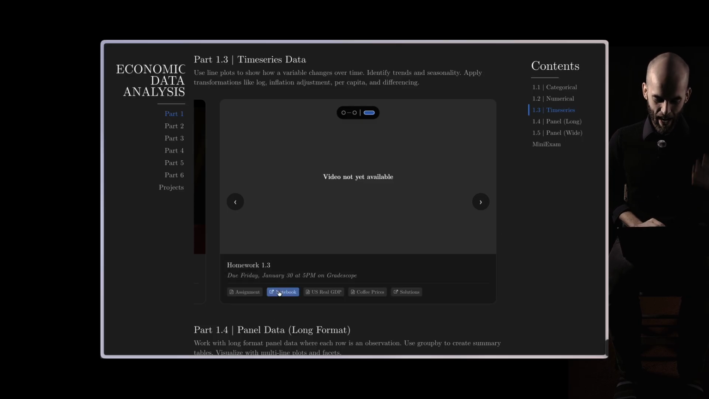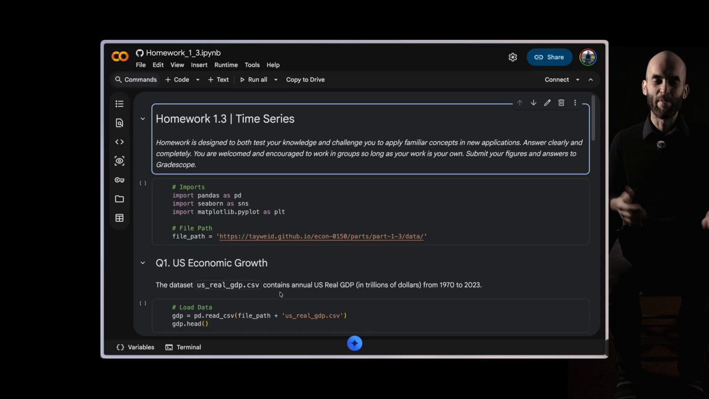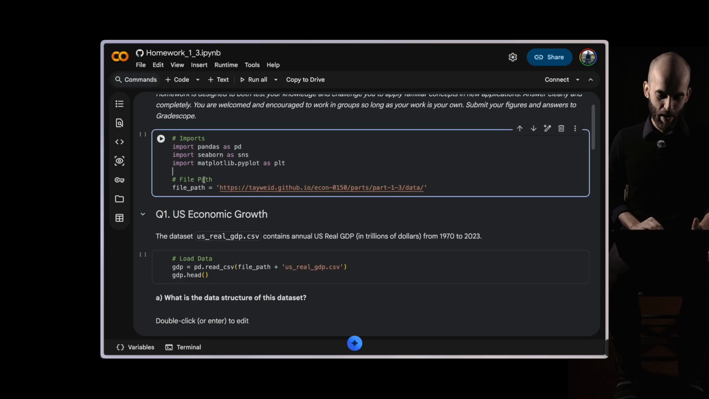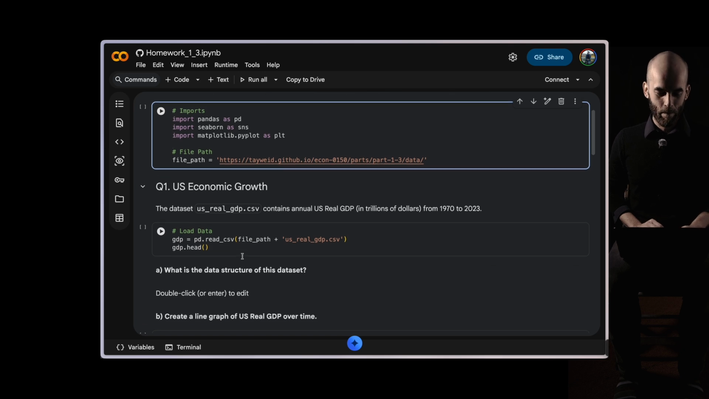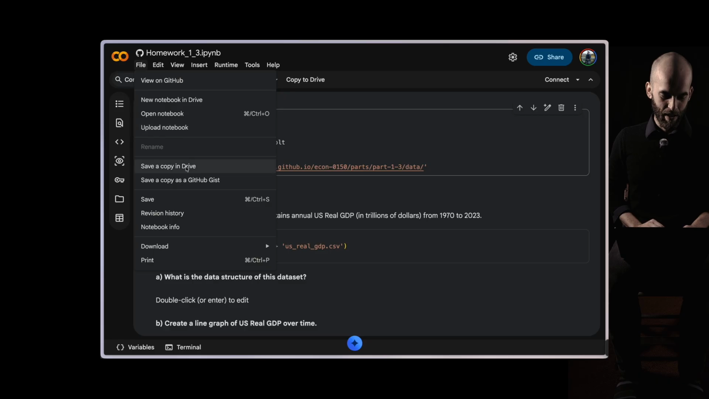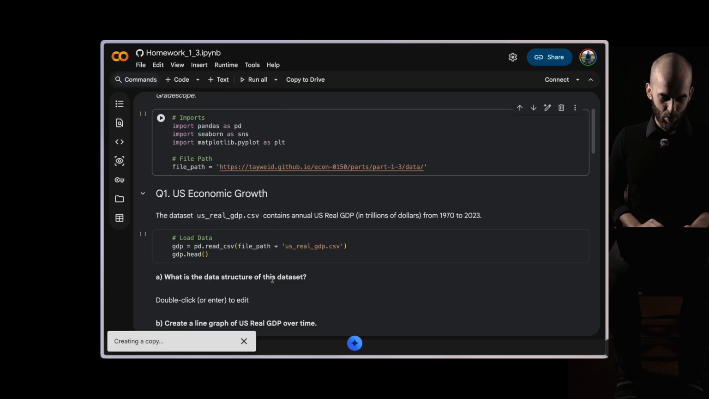So the way I start homework is by going to the homework card, and then I'm going to click on Notebook. This brings up all the questions, and often we'll have code hints and little bits of code like the imports and file path for the data sets that we're working with in the homework. But the first thing to do is to go up here to File, click on Save a Copy in Drive,